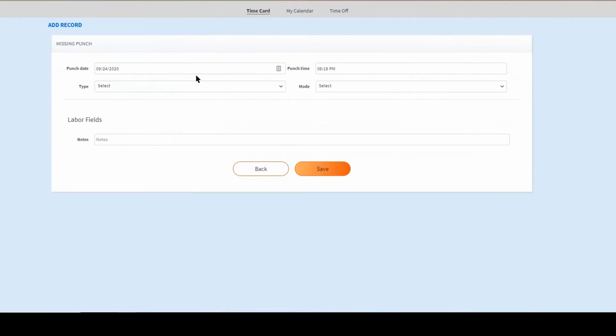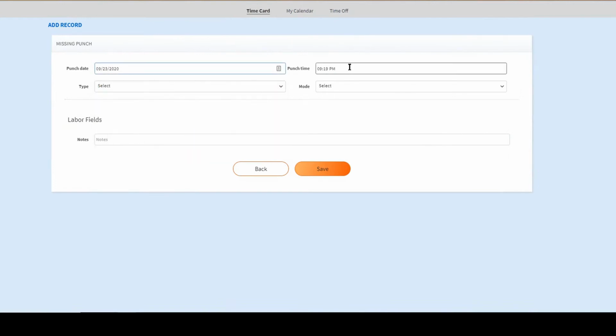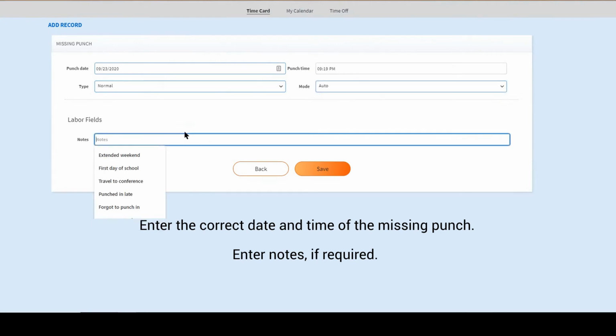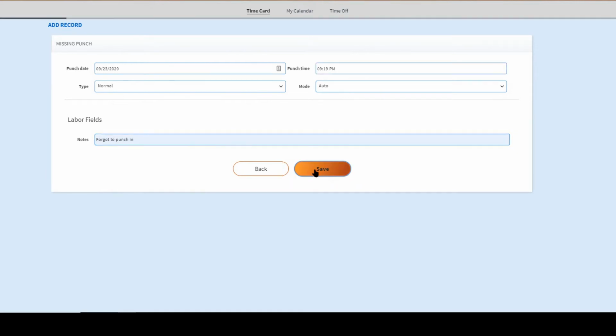will see the date of the missing punch, the time of the missing punch, and what type of punch it was. This also gives the employee an ability to enter in any notes that would be associated with that punch. And then from there, select Save. It will register the punch and then notify the manager there is a missing punch for them to go in